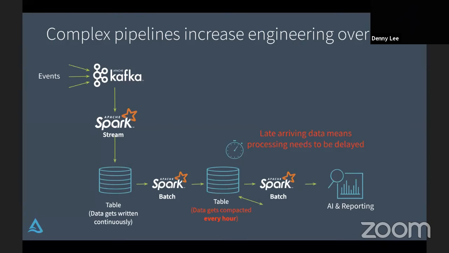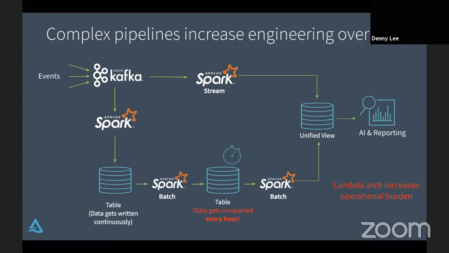And then, okay, maybe I can change that where I have the continuous stream, but then what I do is I have the left table where it's receiving data that's constantly streamed in, but then I have a batch process that goes ahead and compacts it and organizes it so that way it takes care of the late processing delays. Okay, so now it's getting increasingly more difficult. Okay, but then more times than not, this latency doesn't satisfy business needs, not to mention it's getting more complicated, right?